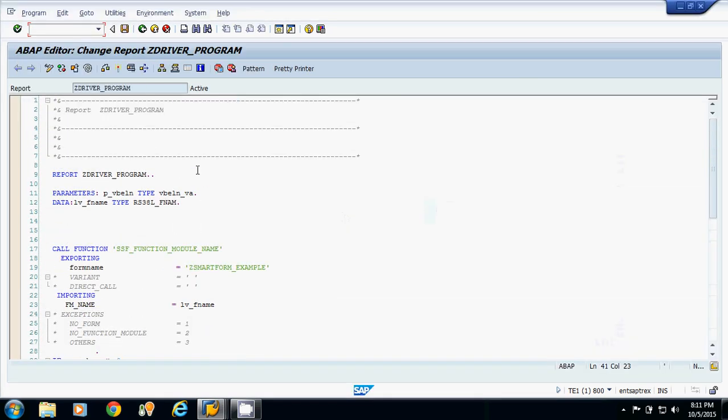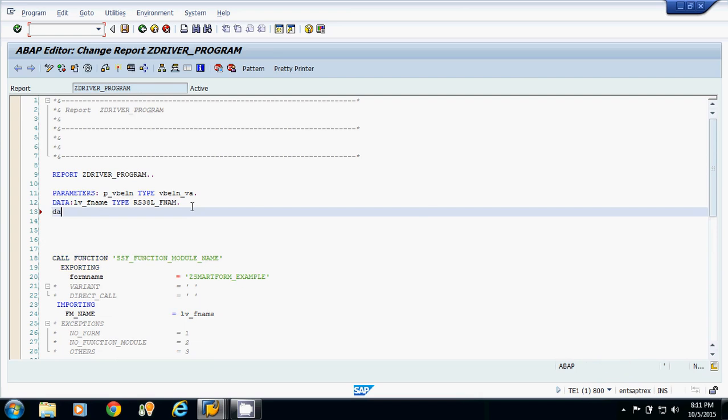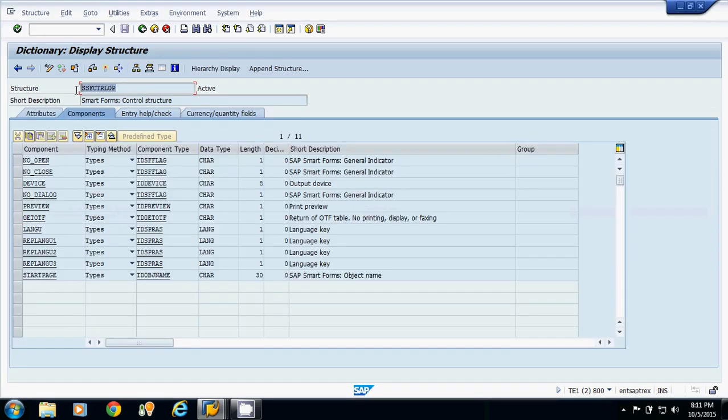So I will declare one structure, ls_control_parameters, type structure. The name of the structure is this one.